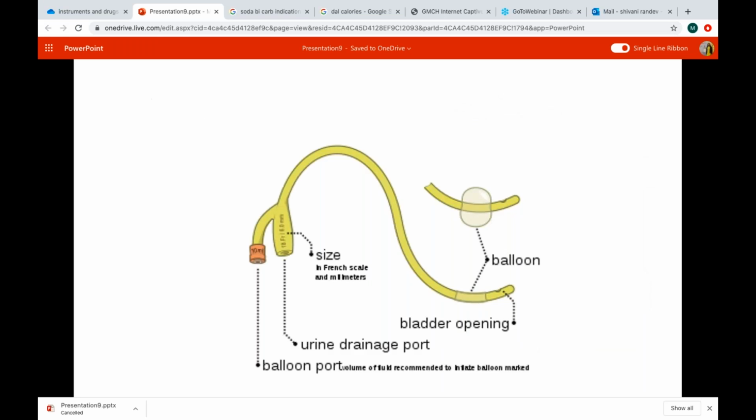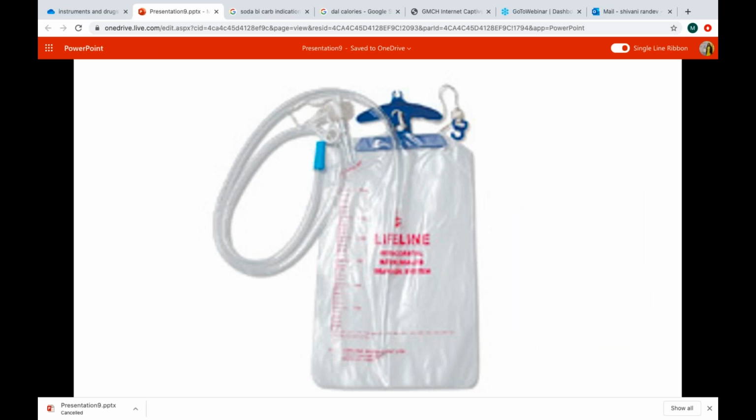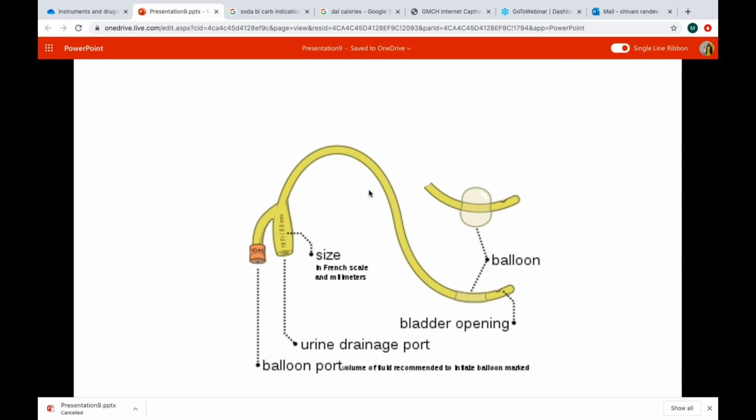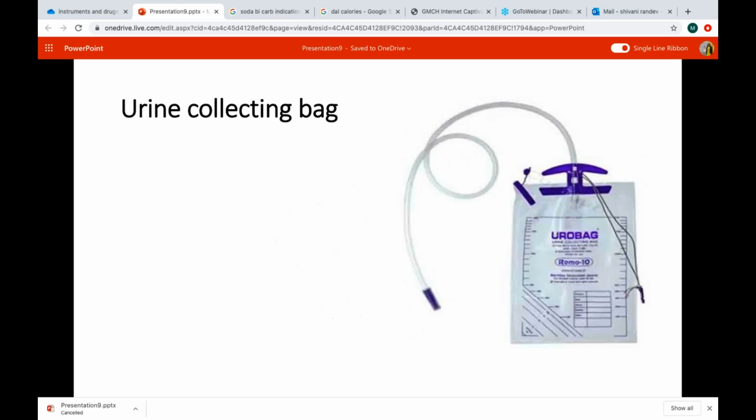So there are two bags which you will be shown. One is this one, which is called a chest bag, intercostal drainage bag, and one is this Euro bag, and you have to differentiate between the two. I will tell you the differences when I come to the intercostal drainage bag. This Euro bag has just one tube which ends here. Immediately upon entry into the bag, the tube ends. This is important because in an intercostal drainage bag, you will see this tube goes down till here. So this is one difference, and in the Euro bag you will have these markings.